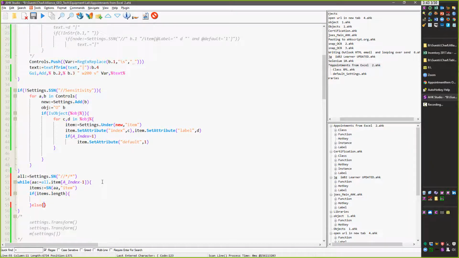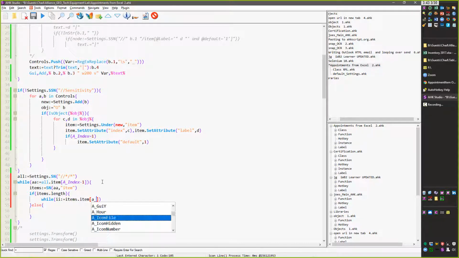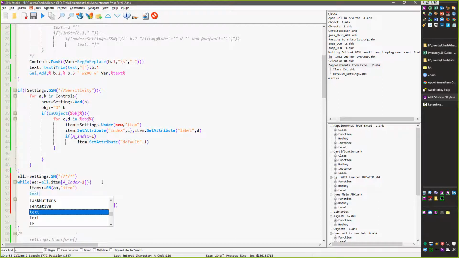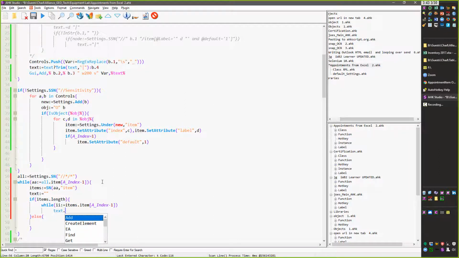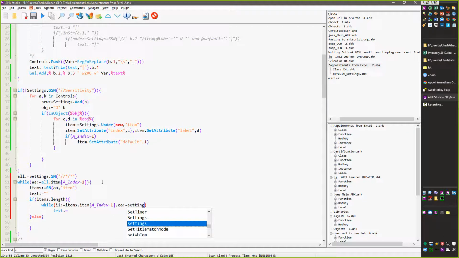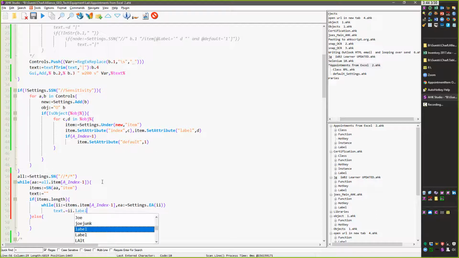Do that. Else here. One. Oh. Quote here and so this needs to be text that equals a, oops, label